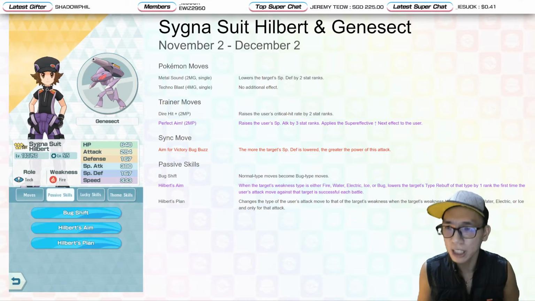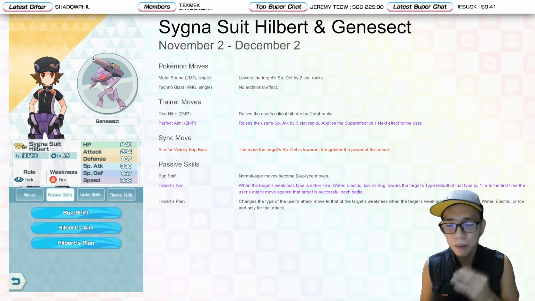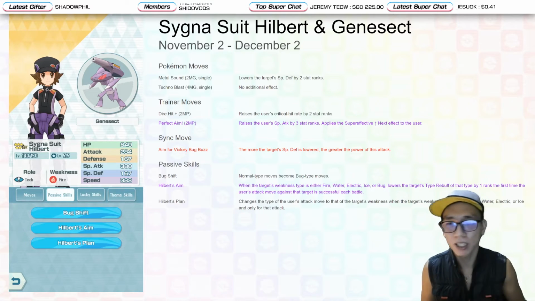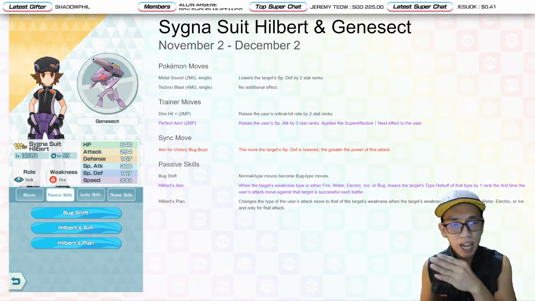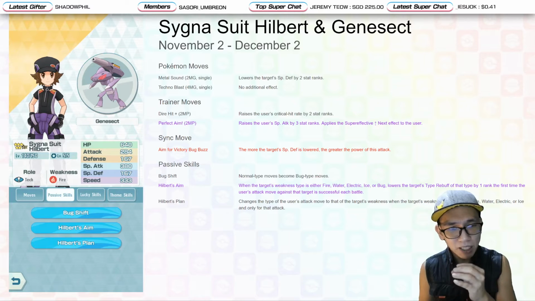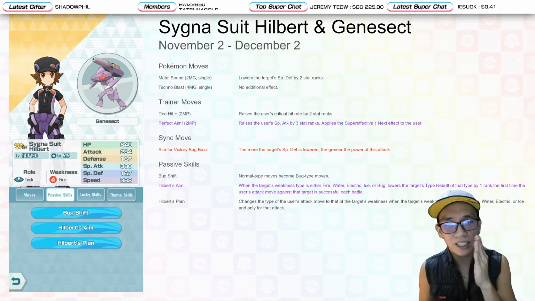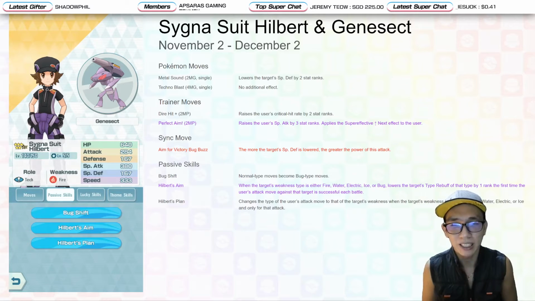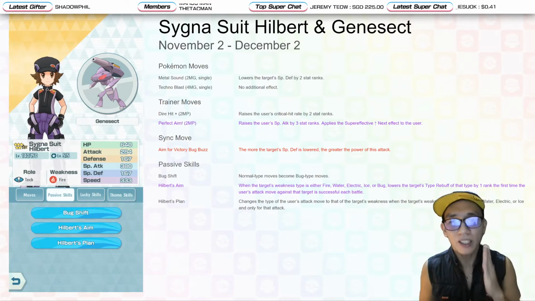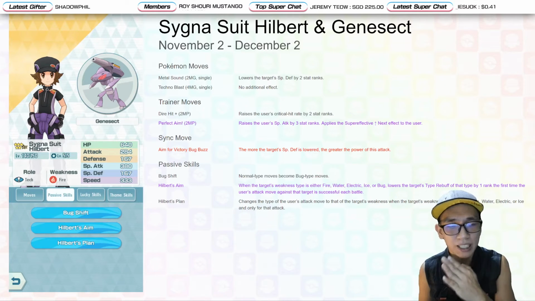I'm not sure if it will change back to bug type. I'm not sure if it's actually a permanent thing, or is it just acting as a normal type attack? It starts off as a bug type attack because of Bug Shift. It's always bug type. You attack a fire type weak opponent, it becomes fire type temporarily, then goes back to bug type. Or you attack a fire type weak opponent, it becomes fire type permanently until you attack someone else that is weak. I honestly don't know, guys. This is a new mechanic. Let me know what you think about how this works. Does it stay as a bug type then temporarily change, or does it permanently change to one type until...